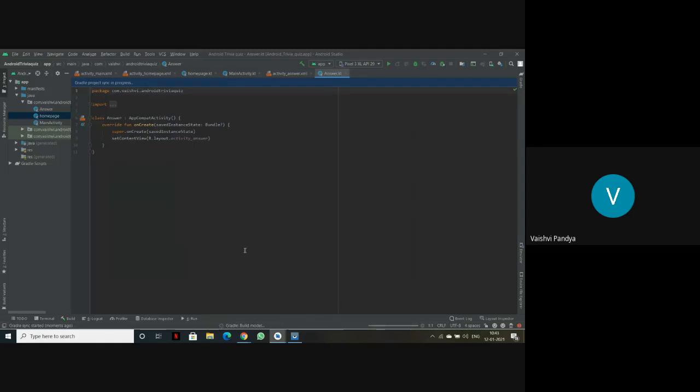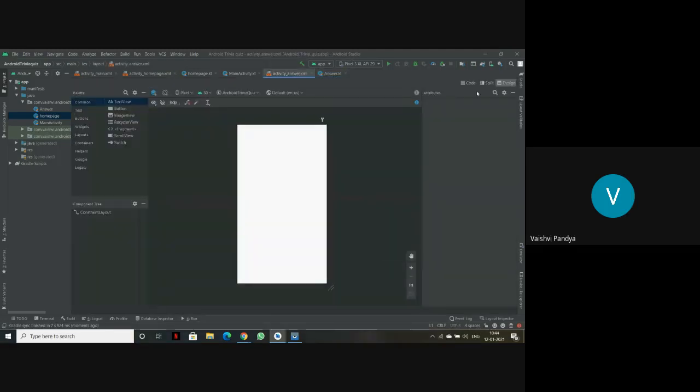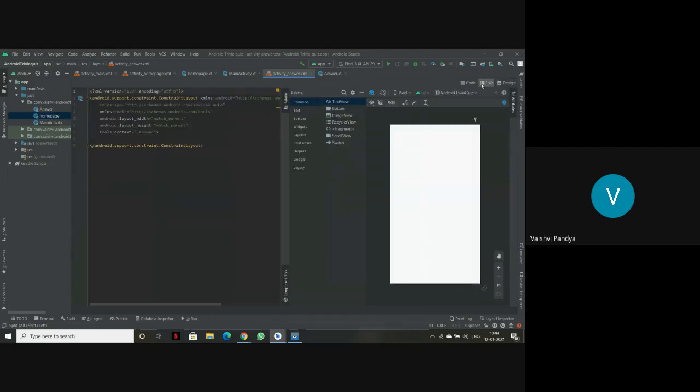So here the project is syncing. So you can see we have again two files, answer XML and then answer KT. So in the answer XML, we first design the view that we want. So we'll just use a text view again.